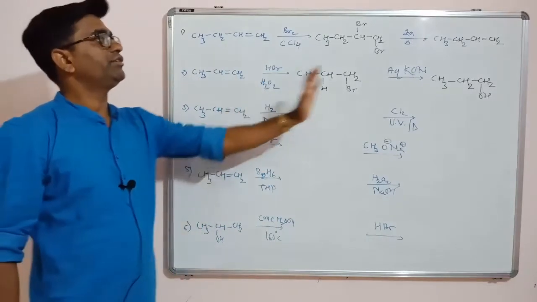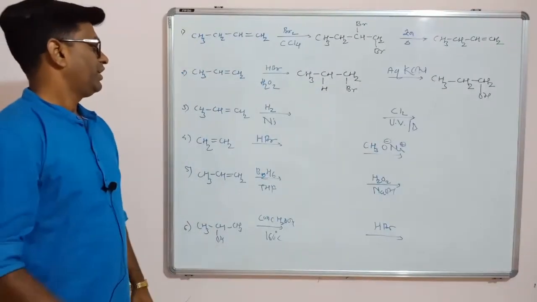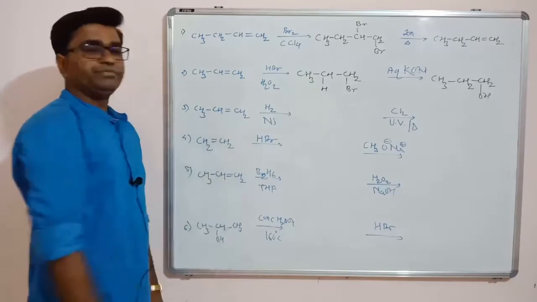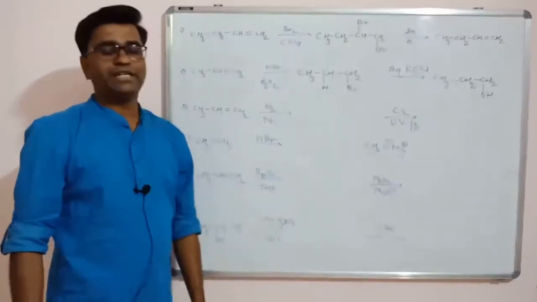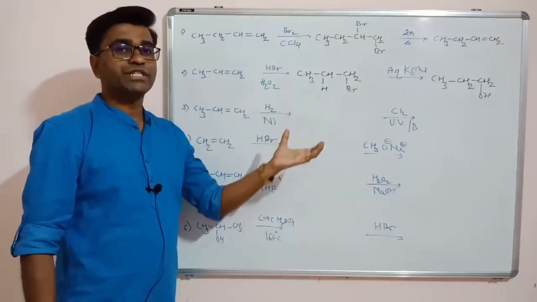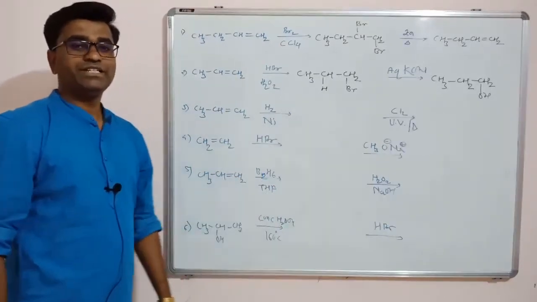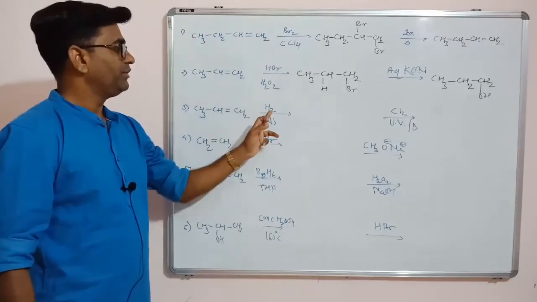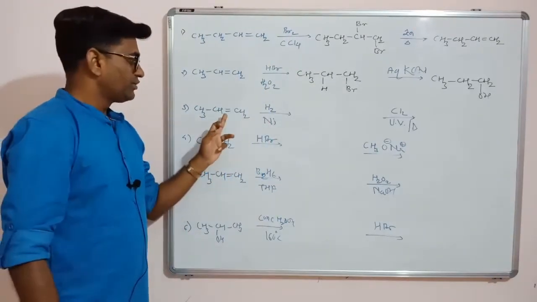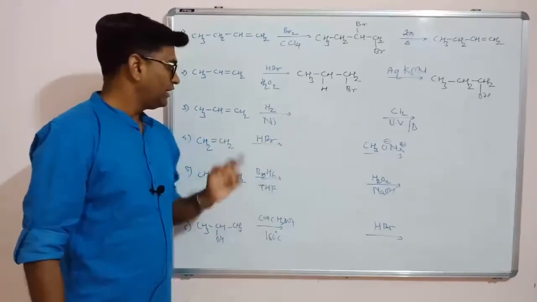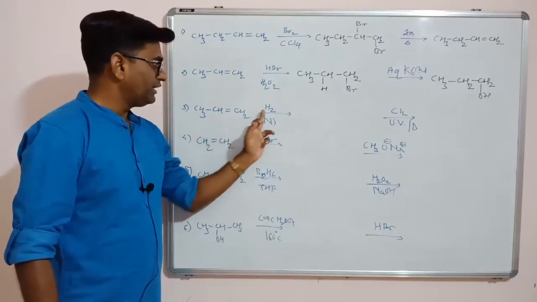1-propanol. So in this way you have to solve the problems. Next, again 1-propene. Reagent is H2 and nickel. H2 means hydrogenation. Hydrogenation is again an addition reaction. So similar to Br2, here it is H2. So the double bond becomes a single bond and each double-bonded carbon will get a hydrogen.